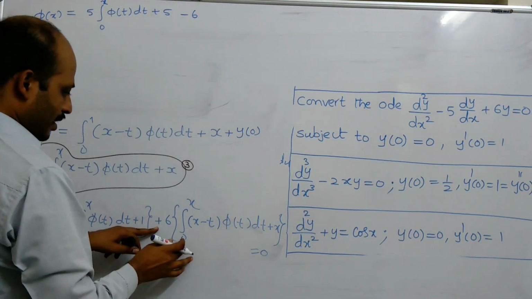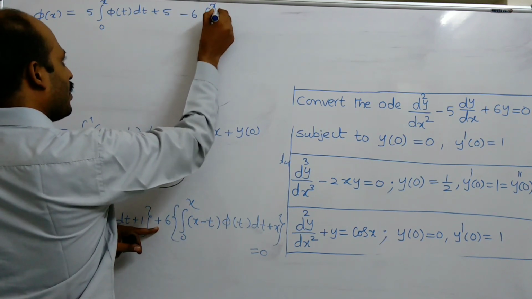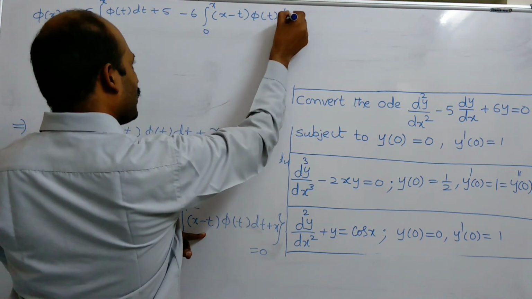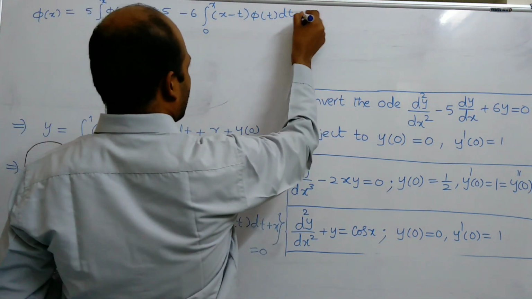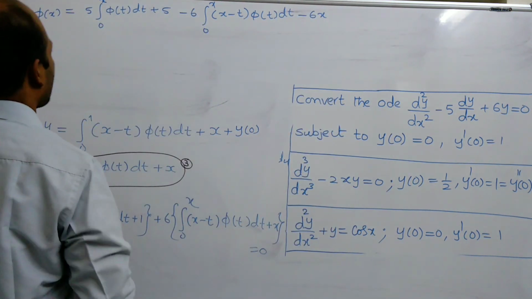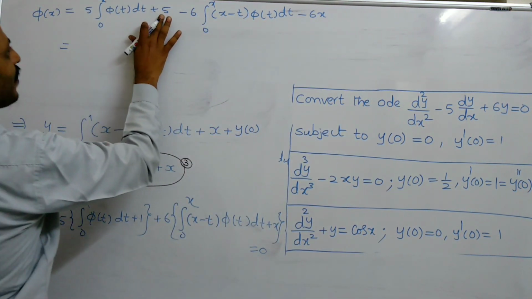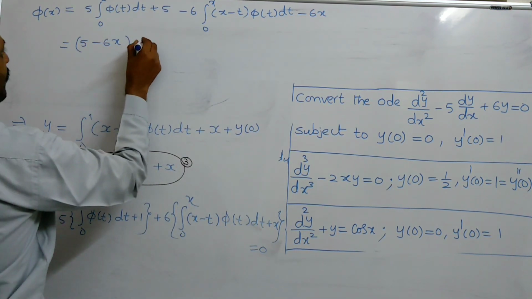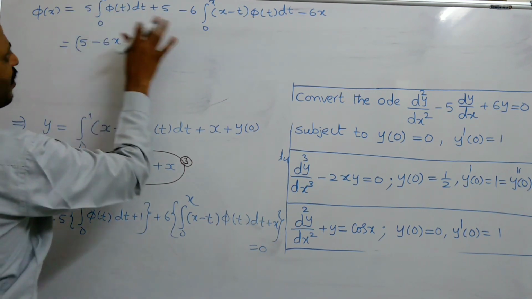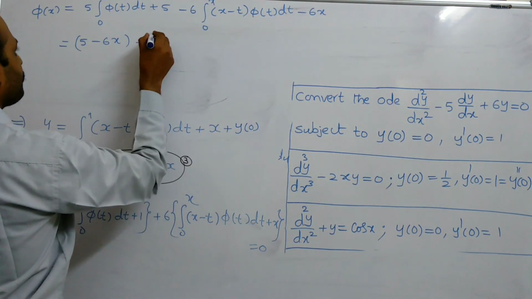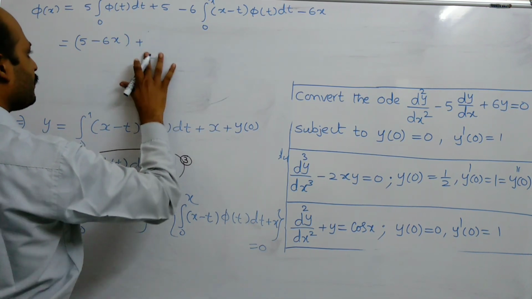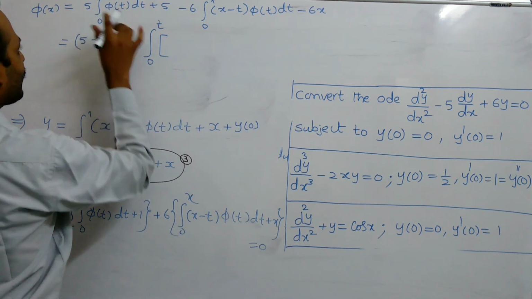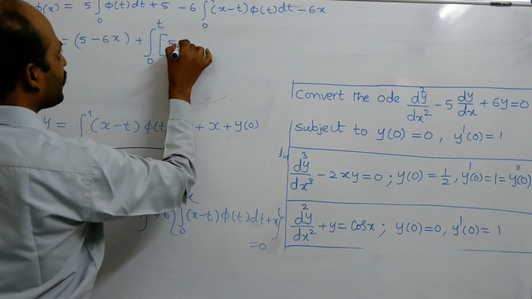minus 6 integral 0 to x minus t phi of t dt, minus 6x. You observe that 5 minus 6x plus integral 0 to x phi of t, integral 0 to x phi of t is a common term. By making common integral 0 to x phi of t dt, here we get 5, here we get minus 6